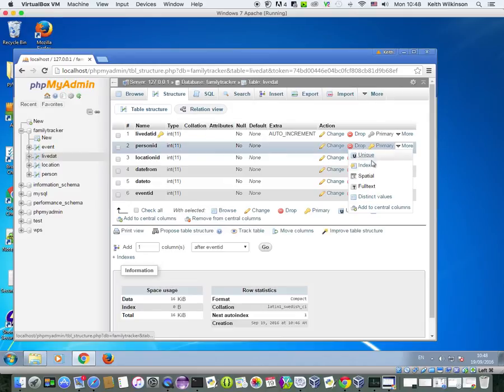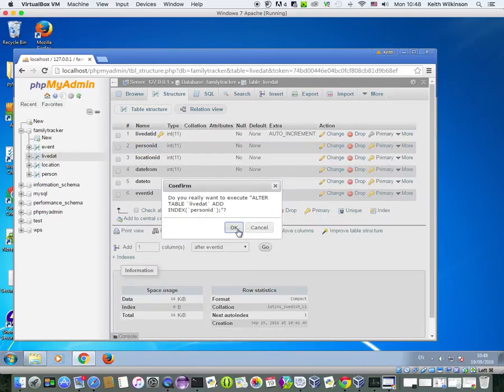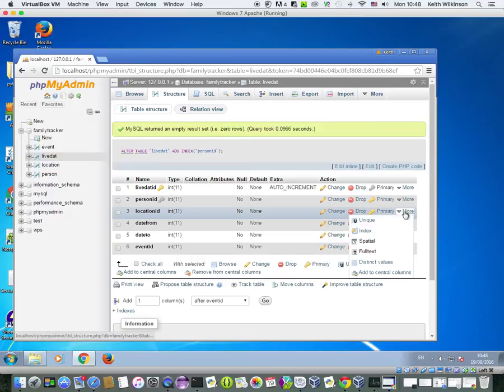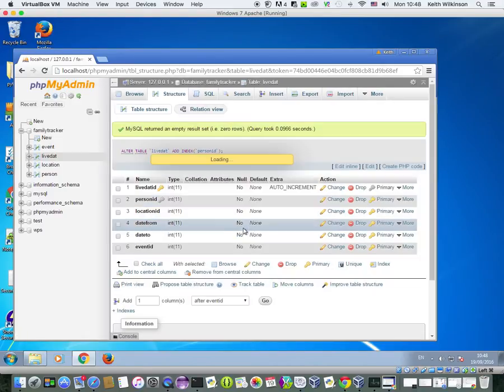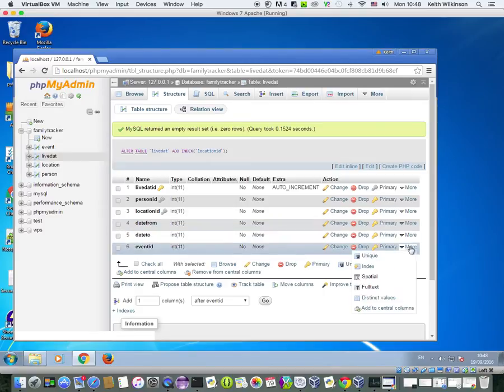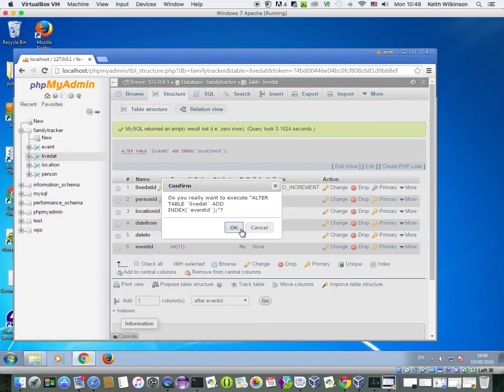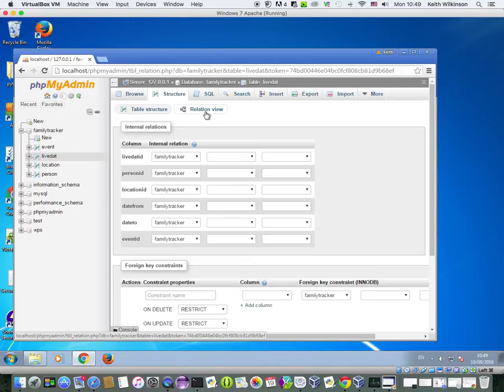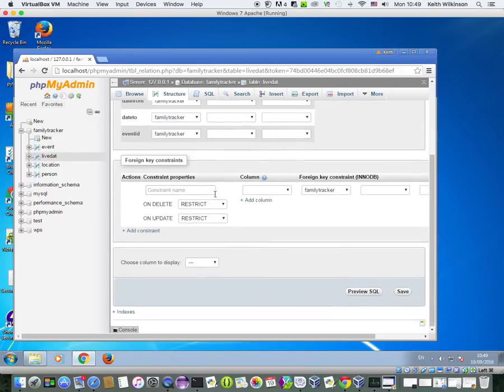So on person ID, I'm going to create an index. Okay, and on location ID, I'm going to create an index. And on event ID, I'm going to create an index. So these are the three tables that are going to be linked. So we can see alter table, live.dat, add index, event ID there. So what I really need to do is go to the relationship view. And I can then start adding foreign key constraints. Okay, so